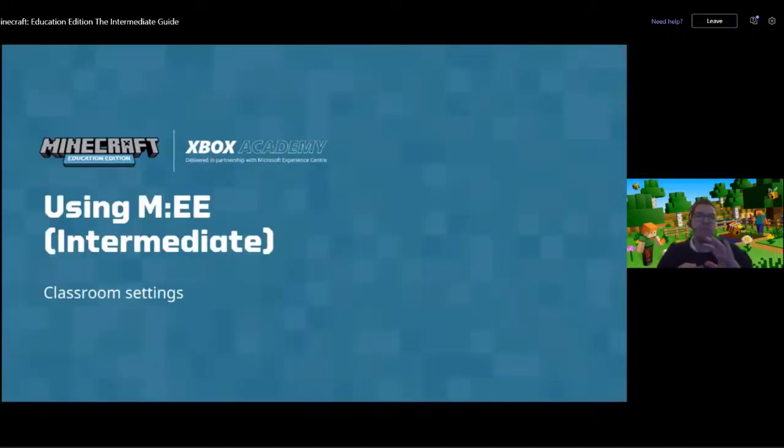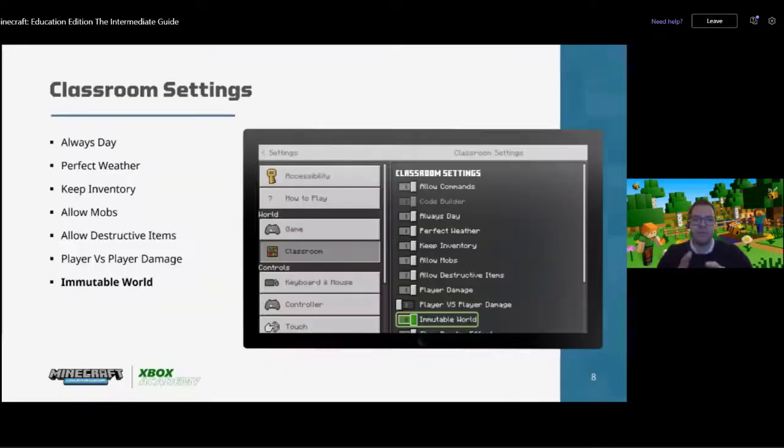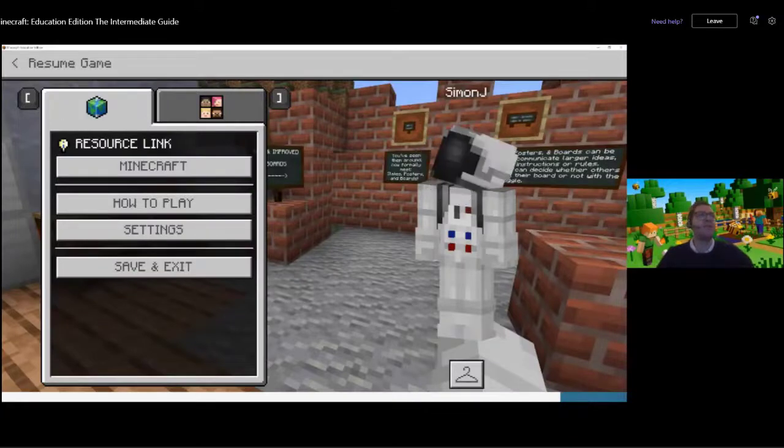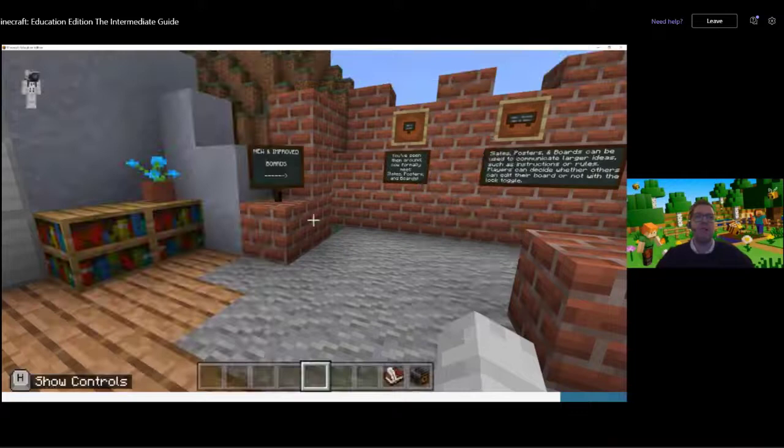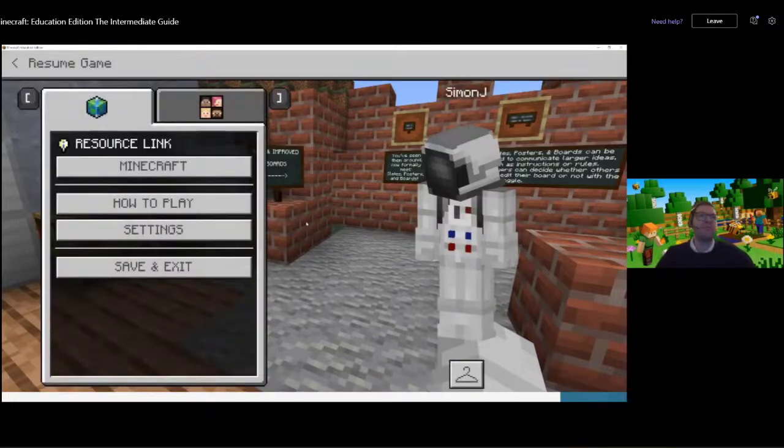Well, I thought I'd start by exploring the classroom settings. The classroom settings are kind of hidden in the settings menu. I'll quickly demonstrate this to show where you can find them, because it's not that obvious. So within Minecraft, if you have a world open, so this could be a game or lesson you're prepping for your students, if you press escape on your keyboard, it brings up your settings. So I'm going to click on my settings,